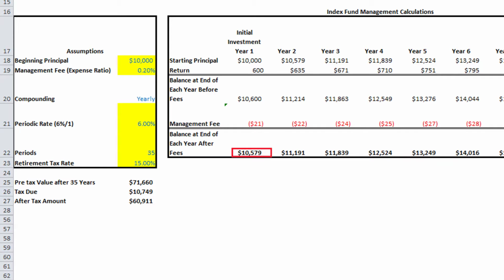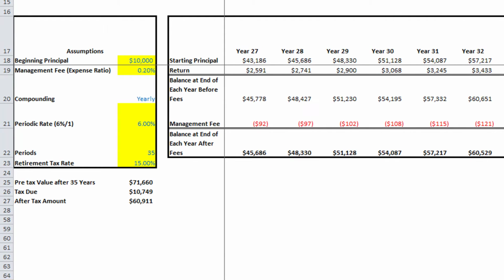$10,579. In year two, again, you make a 6% return on the $10,579, which is $635, for a balance at the end of the second year of $11,214. The management fee of 0.2% is applied on the entire amount for a fee in year two of $22. And this brings the total amount of investable assets after fees at the end of year two to $11,191. Again, this will continue every year for 35 years, and at the end of 35 years, the total before-tax account balance will be